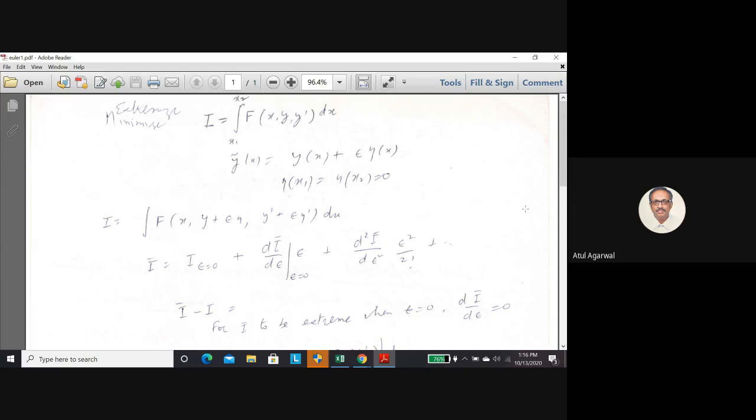Mass into the second derivative with time of x is equal to force in the x direction. Mass into the second derivative of y with time is equal to fy. Mass into the second derivative of z with time is equal to fz. You know all this. F is equal to ma. So you have got second derivatives of x, y, and z with time. And what are your initial conditions? At t is equal to 0, you are given the x, y, and z position. You are also given the velocity.